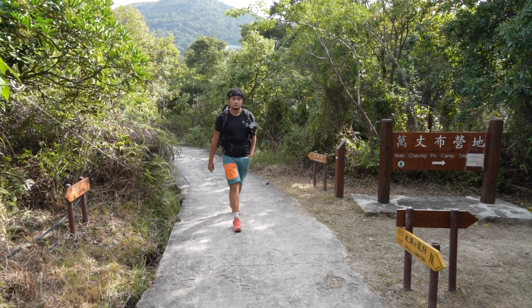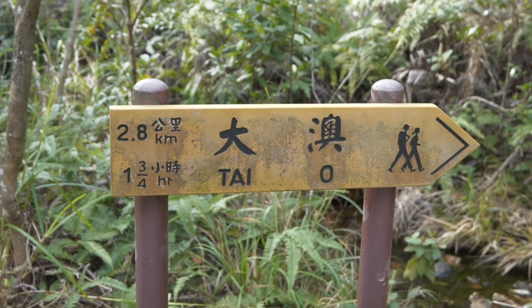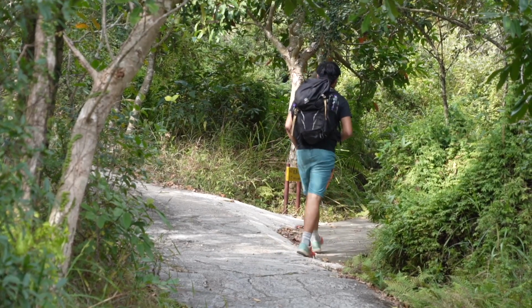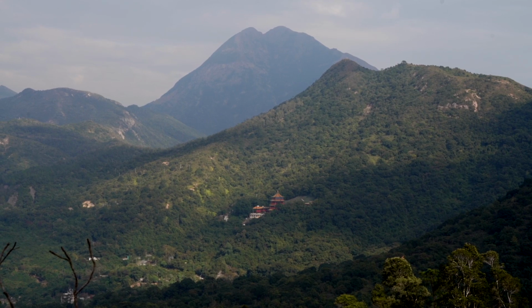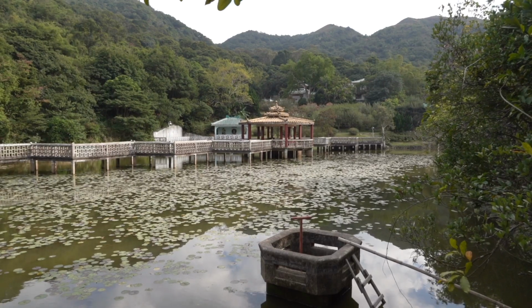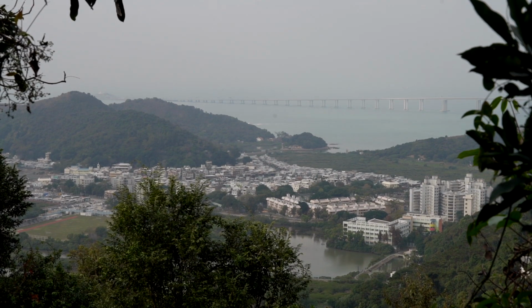Section 6 is the shortest section on the trail and mostly downhill. Once you break the tree line, the path takes you through a forest with occasional breaks in the trees where a full island view opens up. On the way through the bamboo forest, you pass retreats and monasteries before arriving down at the edge of Tai